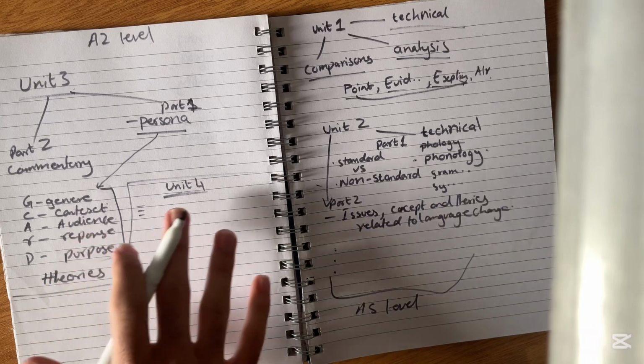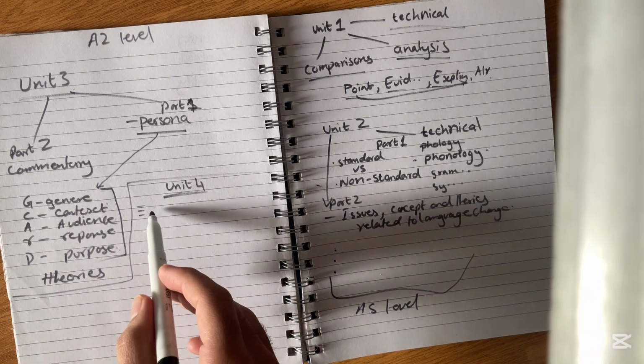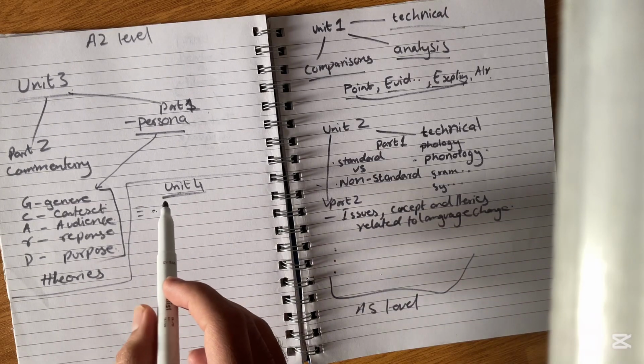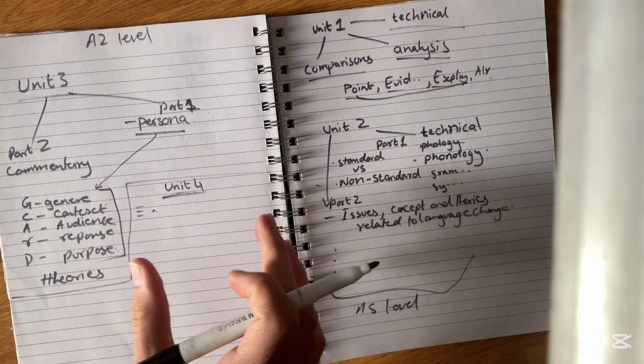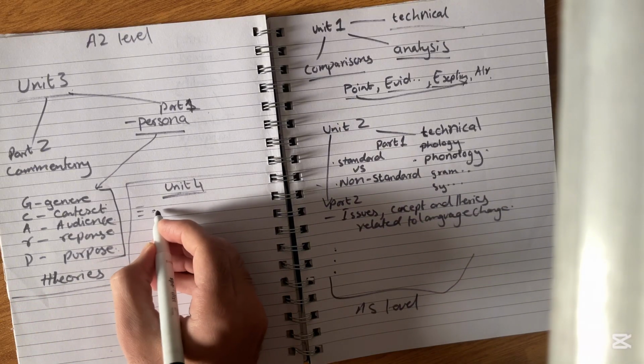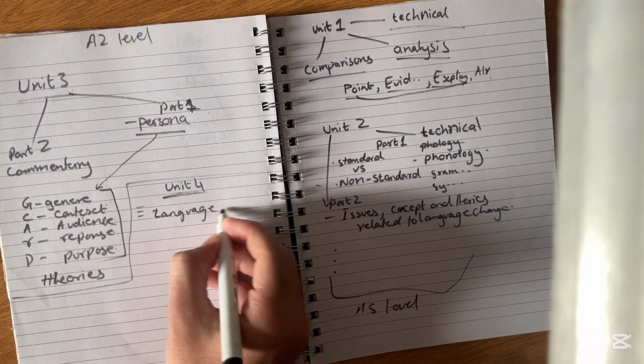A school will usually pick one, and then in your exam you will have to answer questions only relevant to the area you've picked, right? So when we chose language and power,